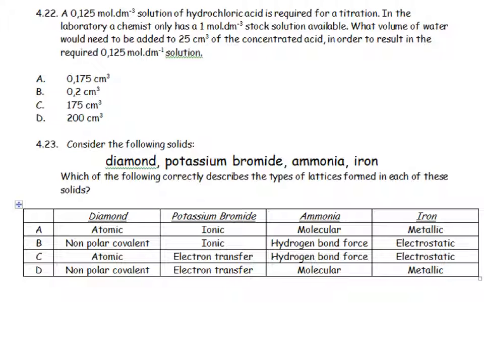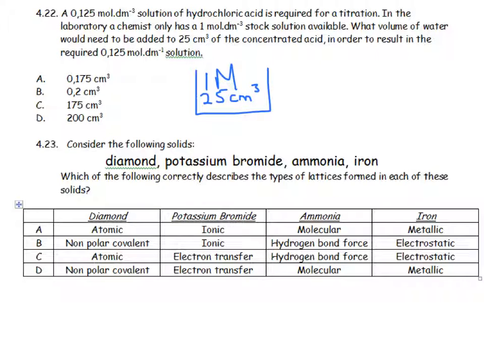They're giving me a solution, they give me the concentration of hydrochloric acid required for a titration. In the laboratory, a chemist has only got a certain stock solution. What volume of water would need to be added to 25 centimeters cubed of concentrated acid in order to result in the required solution? So let's see, we're going to do our normal dilution thing where we say, what have we got? I've got 1 mole per cubic decimeter,